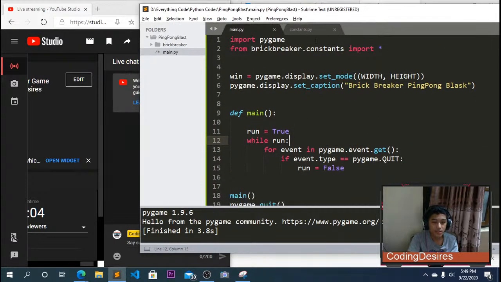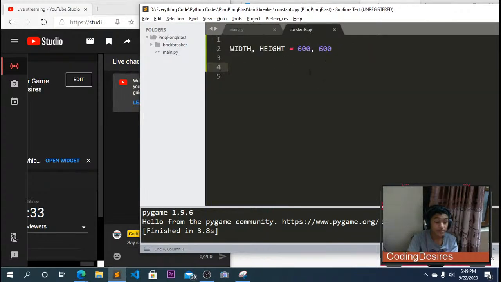We will have to create some variables that say red. Of course, you might have guessed it, these will be colors. So 255, 0, and 0 for red. White should be equal to